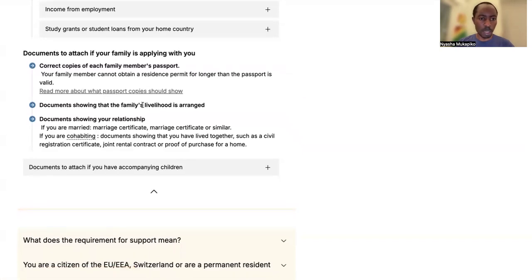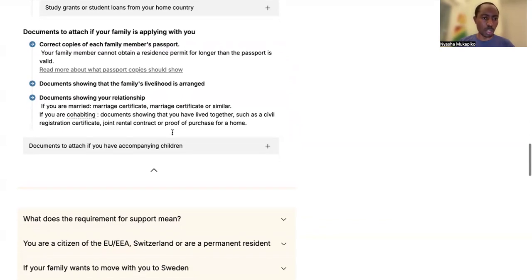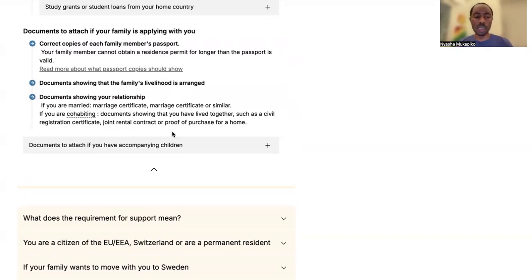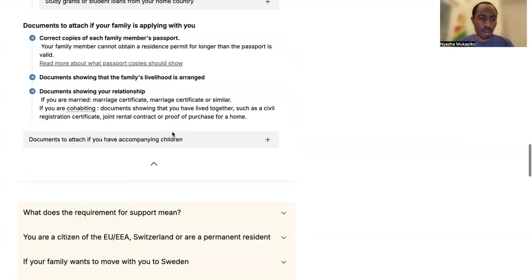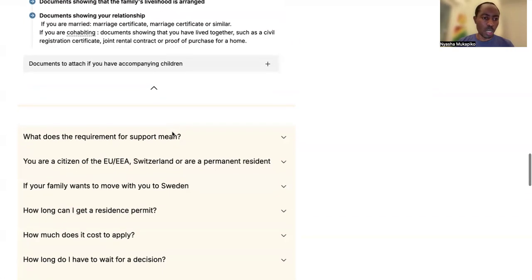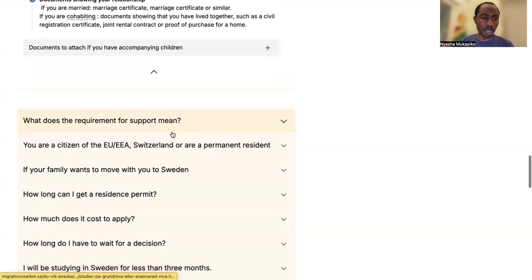Documents showing that the family member's livelihood is arranged, documents showing your relationship to the family member. If you are married, then they will need a marriage certificate to show that you are married. I don't think this information is necessary.